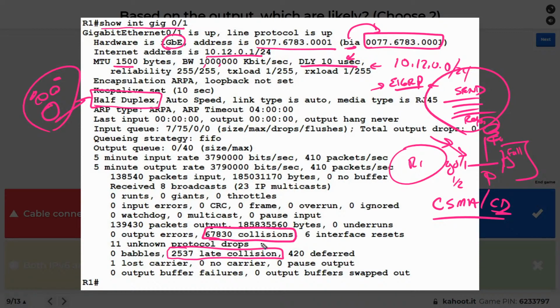But a late collision on Ethernet networks simply says that, hey, R1 sent a frame of data out on the network, and it had been sent for a certain number of bits, at which point, if there was going to be a collision, it should have already happened because everybody's listening. And so if we're having a lot of late collisions, that implies that we're not seeing all the signals in time. And one reason for that is maybe we have a segment that's going further than 100 meters, which is the length for an Ethernet cable based on the spec.